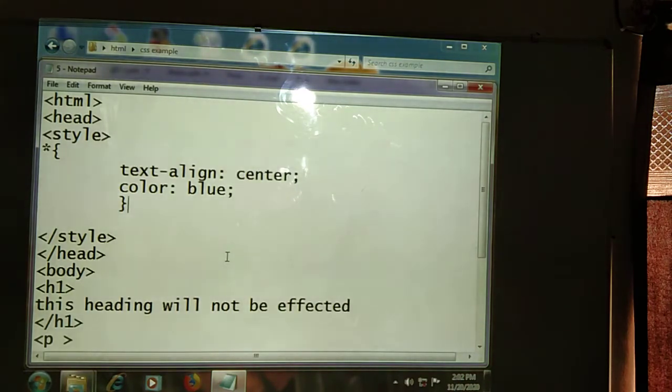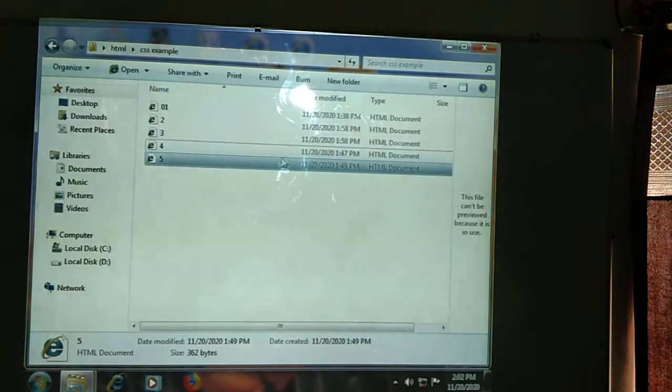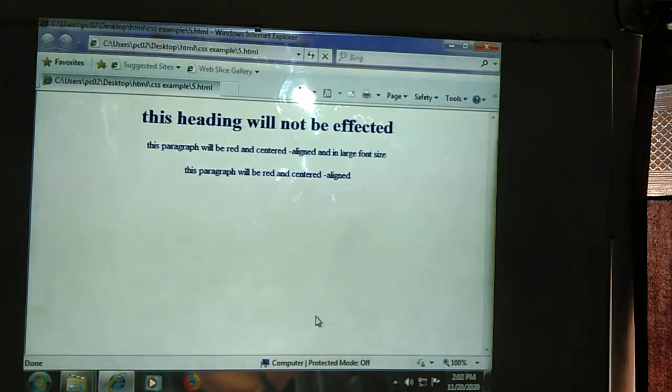Paragraphs also will be aligned center. Means universal selector, what is the meaning of here? Whatever elements we are going to be using in the body section, these properties will be applicable to all the elements in the body section. That is the meaning. We can see the output here. See here. All the elements will be affected and it should be displayed blue color and center will be aligned.